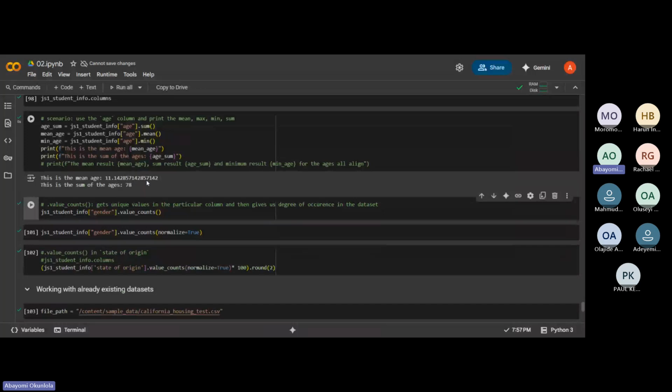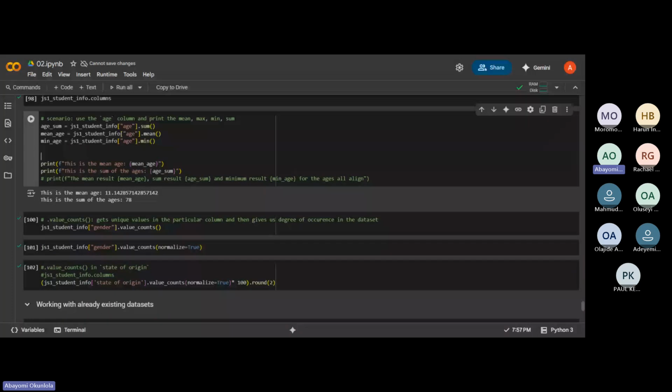So we have what we call string formatting here. How many of us have seen this before? We call this string formatting. How do you do string formatting? When you have your print statement, you put an f, meaning you want it to format.